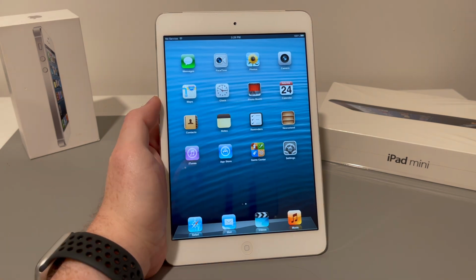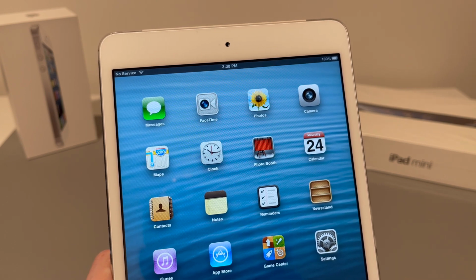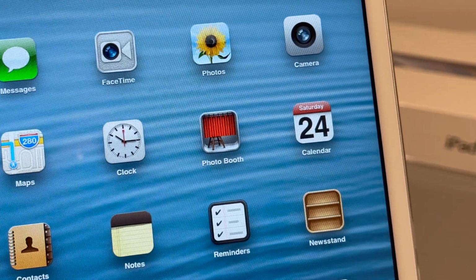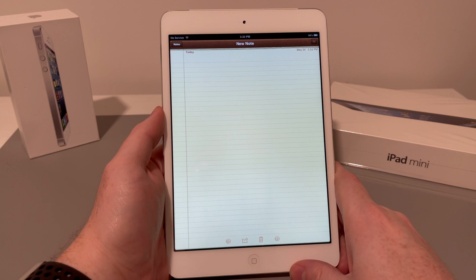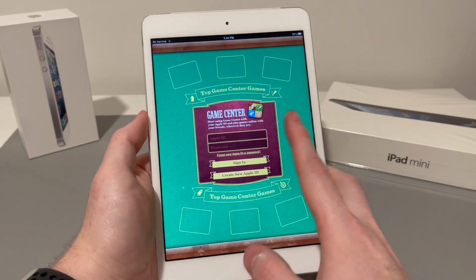As you may know, iOS 6 was the last version to use Apple's classic skeuomorphic design. And just in case you're not familiar with what skeuomorphism is, it's when a digital interface mimics real-world objects. So take, for example, the Photo Booth icon here. It actually shows a stool with a curtain depicting a real-life photo booth. The Notes application looks like an actual notepad. The Game Center application kind of mimics a pool table, with these wooden edge details and this felt look in